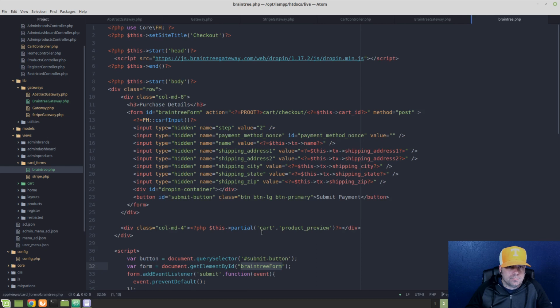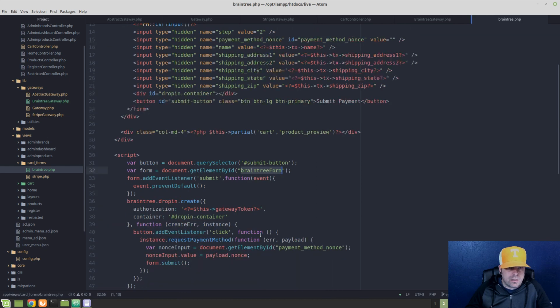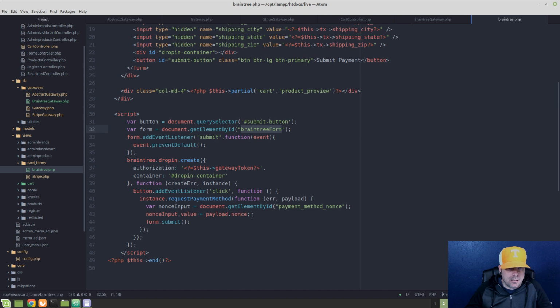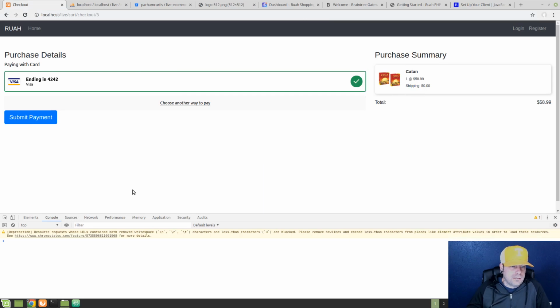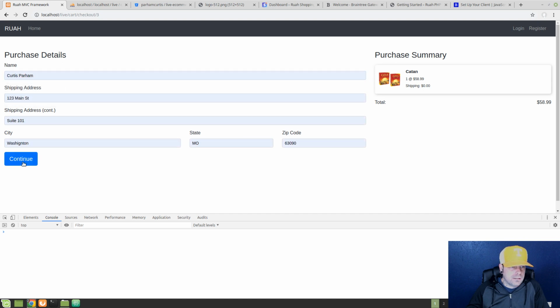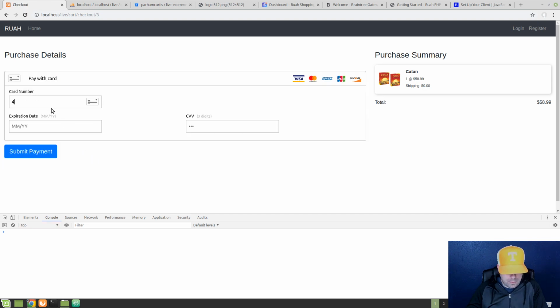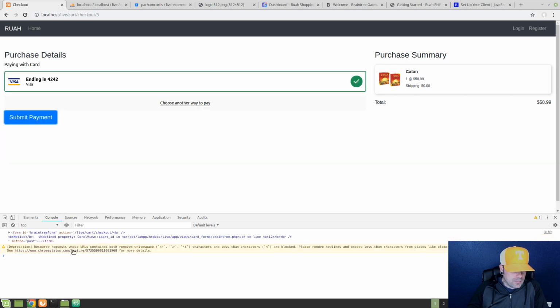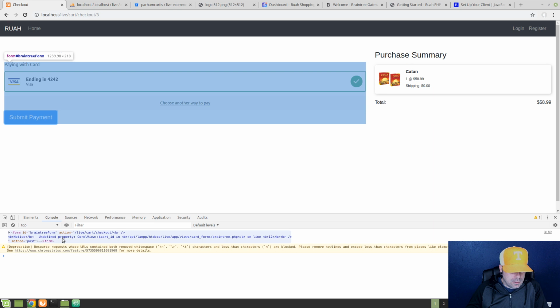Okay. Not really sure what's going on here, so I might have to do some JavaScript debugging. I think what I'm going to do here is a console log, and I'm just going to console log form to make sure that I have that. So let's try again. I did have another idea as well. Okay, so